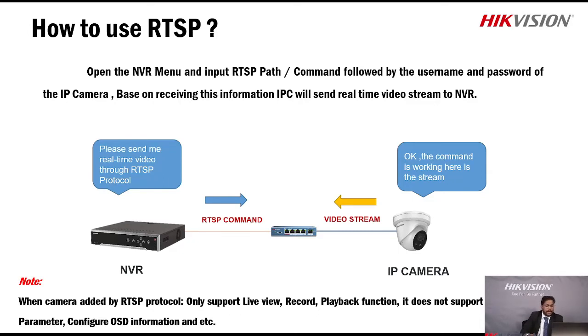We have seen that if you add cameras through the RTSP protocol, it can help only for getting the live view and the playback on your NVR. So keep that in note. If you have a PTZ camera, you cannot operate that particular PTZ camera. It will not support those functions. So we have seen that